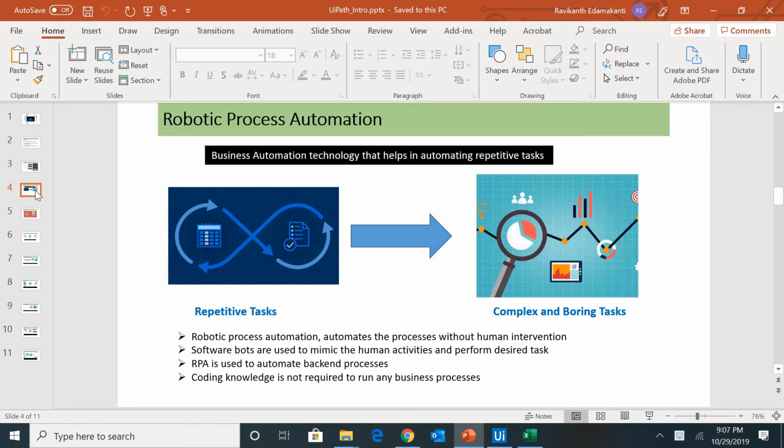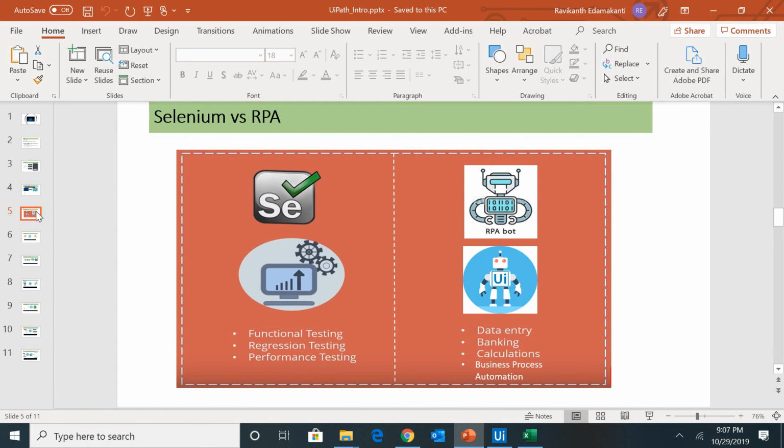We also discussed robotic process automation uses and the robotic process automation backend process, and how this helps in automating the business process. And we also covered the differences between normal automation and robotic process automation,